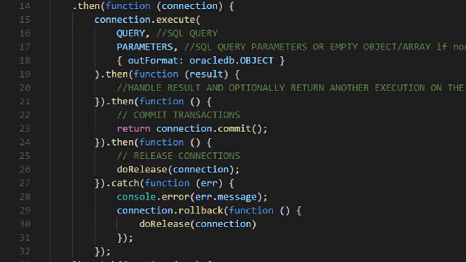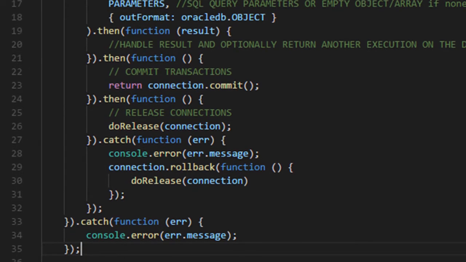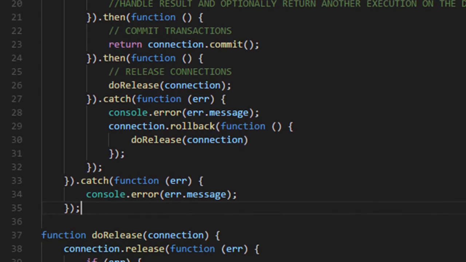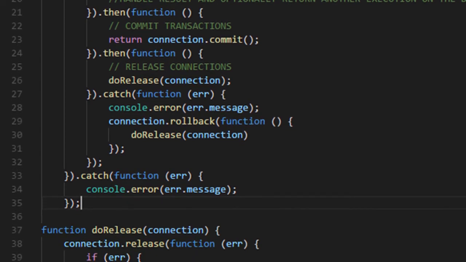Here, if you want to continue executing queries, then return the executions on the database. But when you're done, you must commit and release the connection. Commit and rollback also return promises, allowing you to chain the release call as well. The only problem that I find using promises in the commit and rollback is that you must commit then release, and in the catch release as well. In the end, you duplicate the release function in both the then function and the catch function. Outside, add a catch function to the nested promise. Here, log the error, roll back, and release the connection as well.